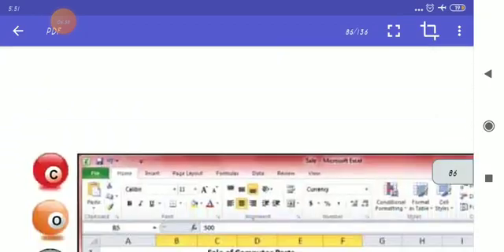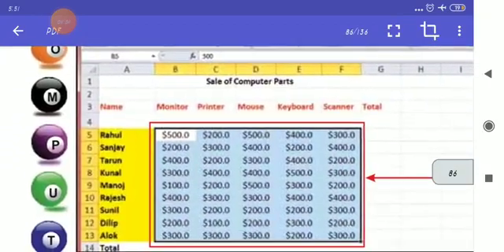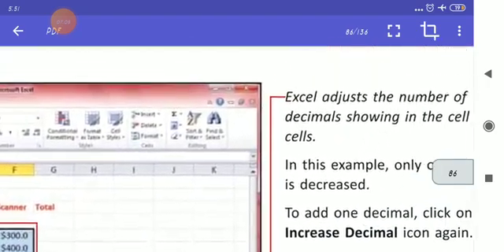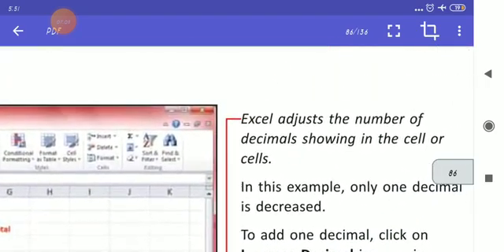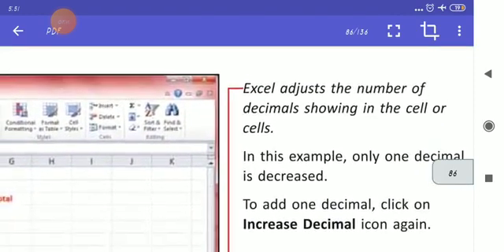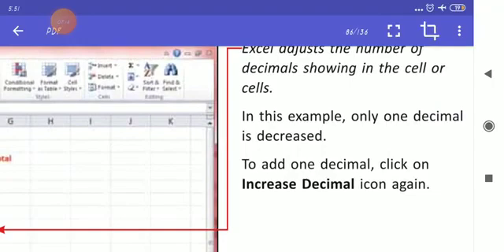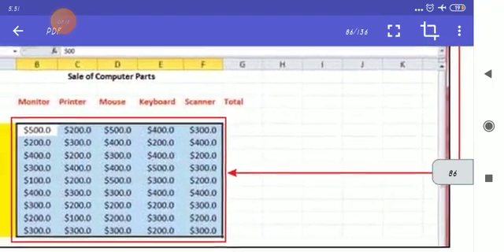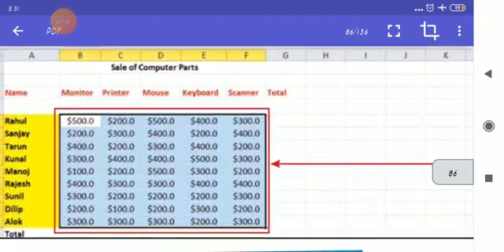Now next, here you can see Excel adjusts the number of decimals showing in the cell or cells. Only one decimal is decreased. See the difference.